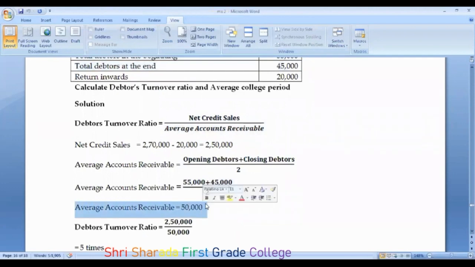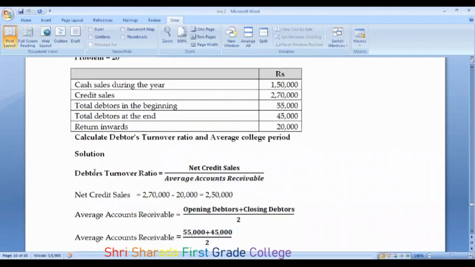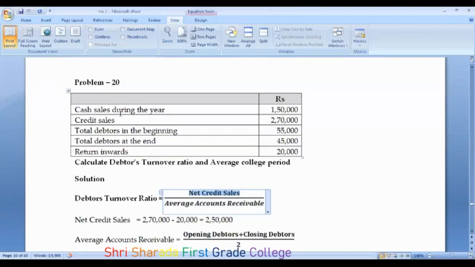Okay. And along with that, you should also compute the debtors turnover ratio. That is, you should know what actually this net credit sales is. Sometimes total sales will be given and cash sales will be given. Credit sales will not be given at that time. You should find out the credit sales, not the cash. So total sales minus cash sales gives you the credit sales. So see in the question, cash sales during the year. You don't require the cash information, so ignore this information.